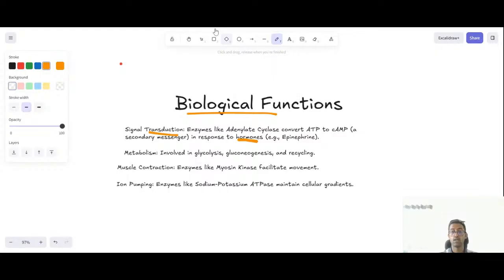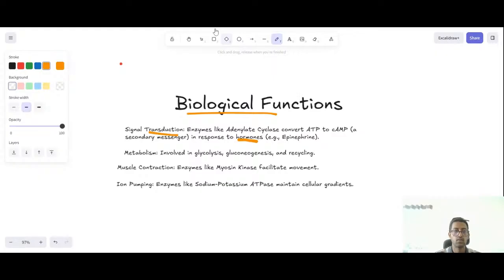So glucagon is a hormone. Whenever the blood glucose level is decreasing, the glucagon level will increase, because glucagon is a hormone. So it induces transcription and translation of specific genes so that they create enzymes necessary for gluconeogenesis. Enzymes are proteins, so they are produced in ribosomes. All right, ribosomes.